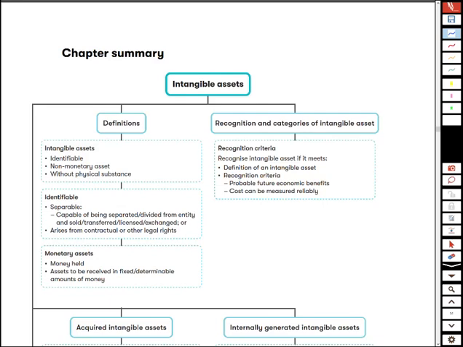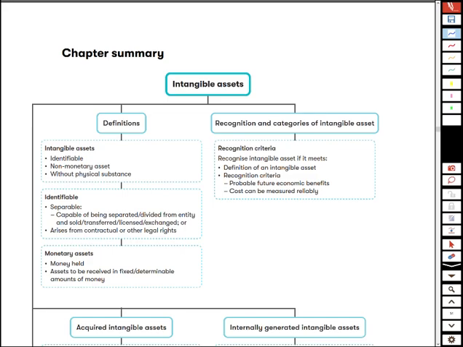So let's just have a quick overview of this summary. I'm not going to talk all the way through it because obviously it basically goes over everything that's in the entire chapter. What I would recommend that you do with this is you yourself go through and think, does it give you enough detail? If you go through this and look at it and you think, do you know what? That tells me all I need to know about intangibles, then that's great. If, however, you read a little square and you think, not sure what that's going on about, then that's when you need to maybe delve more into your workbook and do some more studying on it.